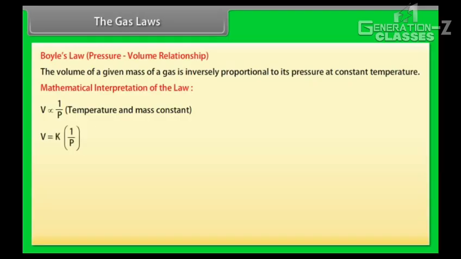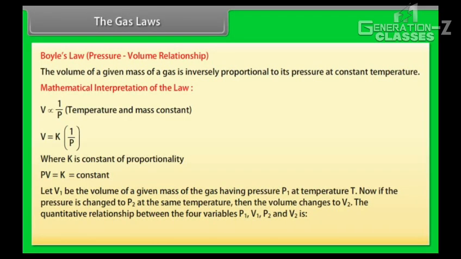V is equal to K into 1 by P, where K is constant of proportionality. PV is equal to K, which is constant. Let V1 be the volume of a given mass of a gas having pressure P1 at temperature T. Now, if the pressure is changed to P2 at the same temperature, then the volume changes to V2. The quantitative relationship between the four variables P1, V1, P2 and V2 is P1 V1 is equal to P2 V2 at